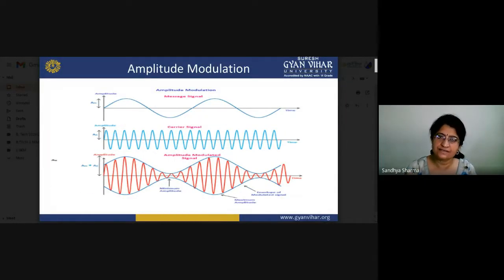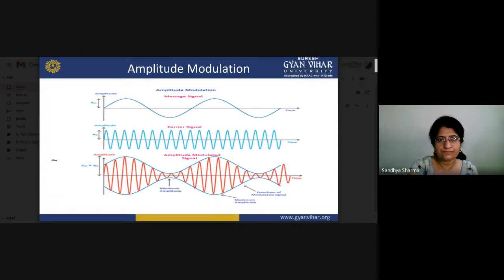As we have seen in this diagram, this is the modulating signal and this is our carrier signal, and the amplitude of the carrier signal changes according to the instantaneous value of our modulating signal. So basically, the modulating signal is superimposed on the carrier signal, and this high frequency carrier signal is transmitted through the channel. For transmitting our signals to longer distances, we do the modulation, and in amplitude modulation we change the amplitude of our carrier signal, which is then transmitted through the channel.